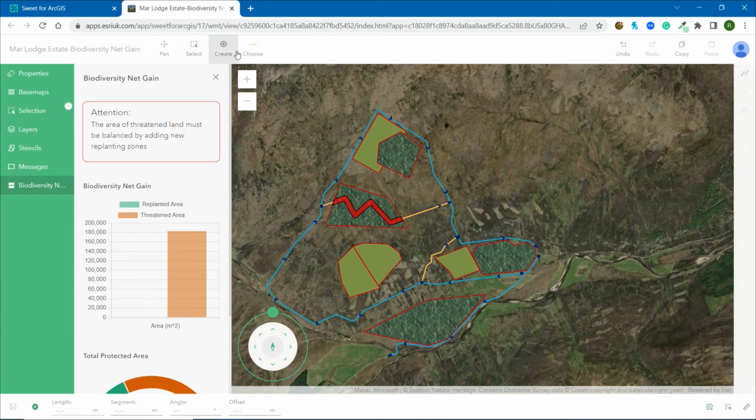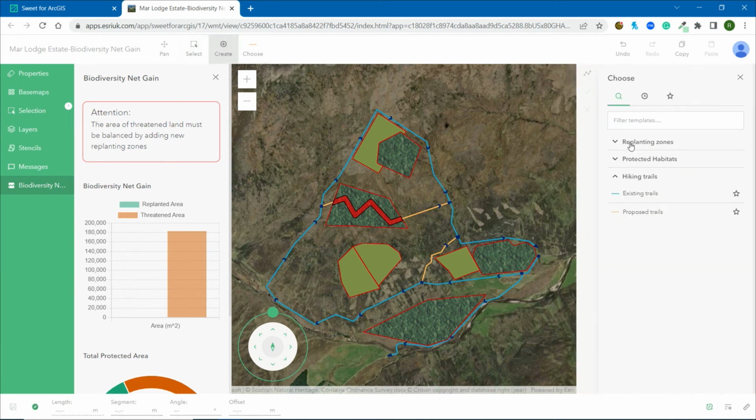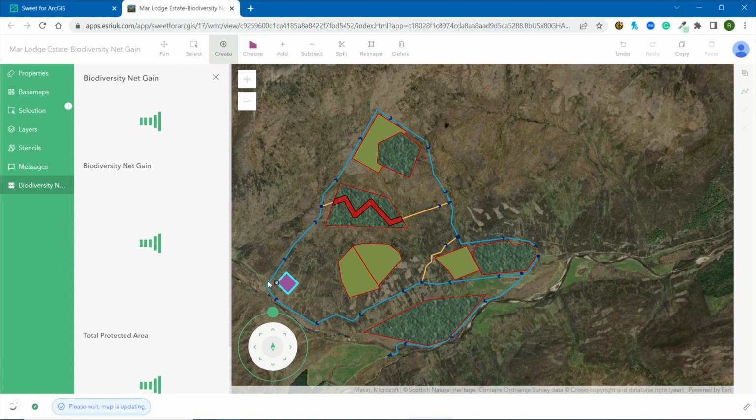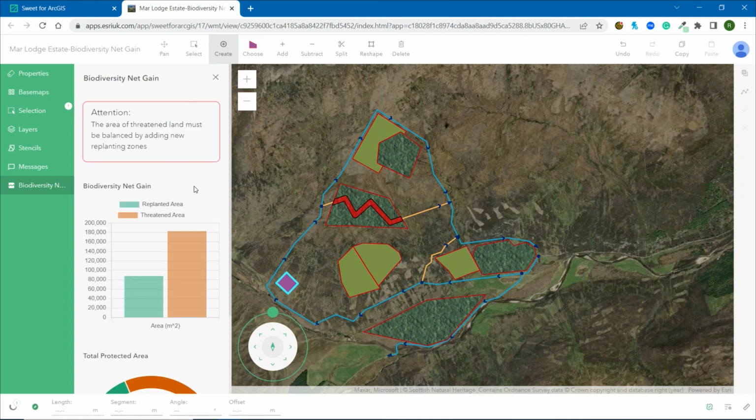I can go into the Create tool, this time find a replanting zone thanks to those feature templates, and pick Pinewood Regeneration Zone. As I draw a small zone into this free bottom corner, we receive some more instant dynamic feedback, showing us now this area of replanting zone on the bar chart. I can see it's not enough to offset our biodiversity loss,